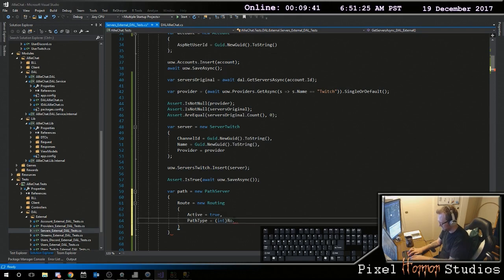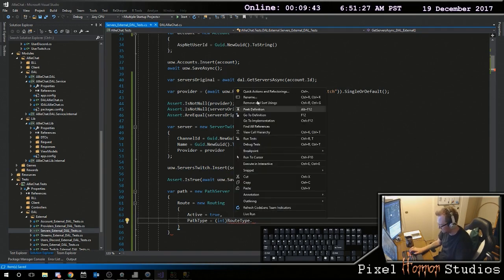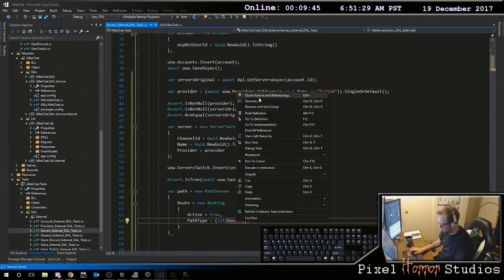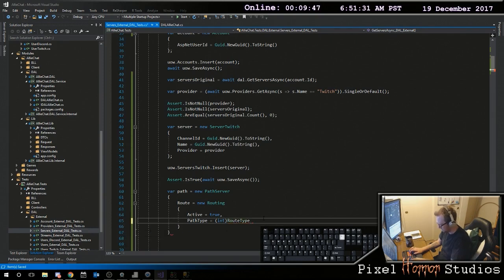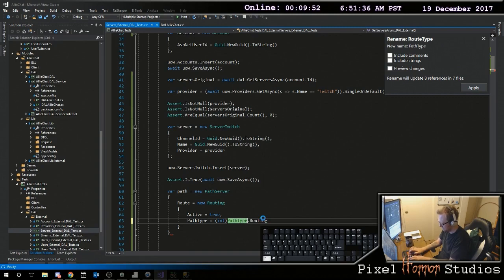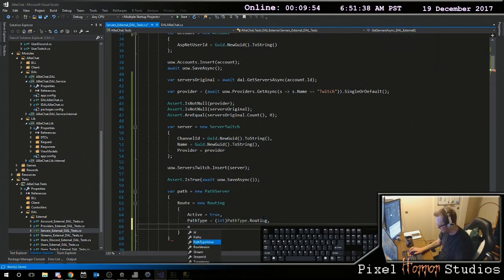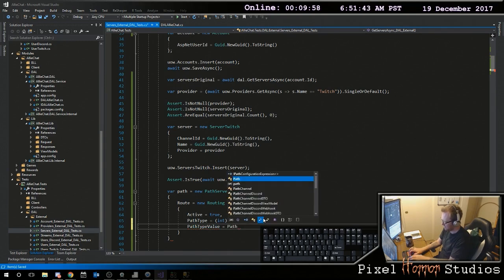I think it's called a route type. Path type value equals your path type dot routing dot toString,